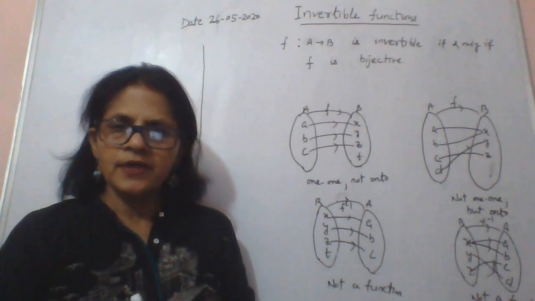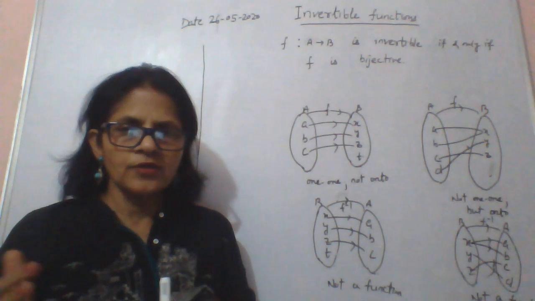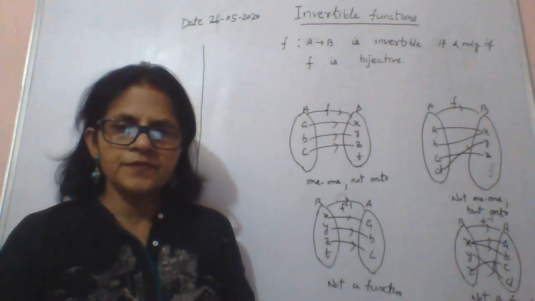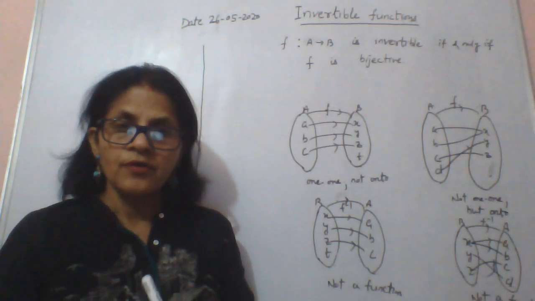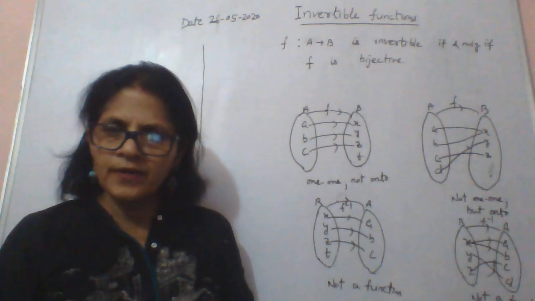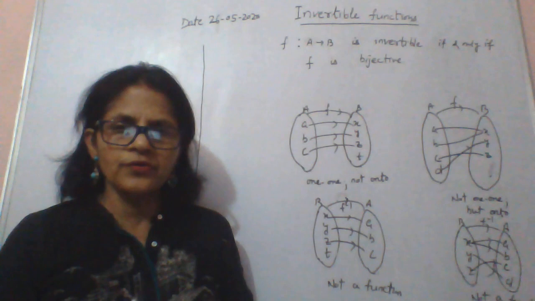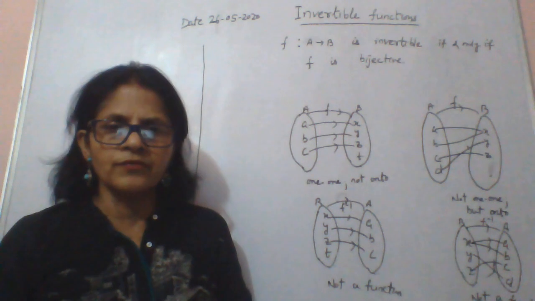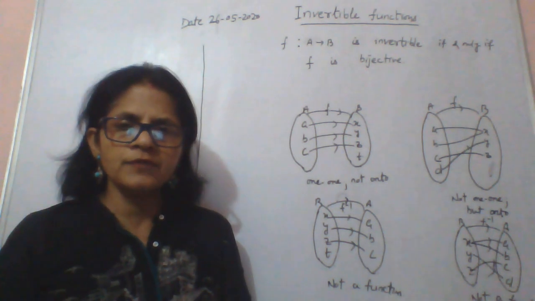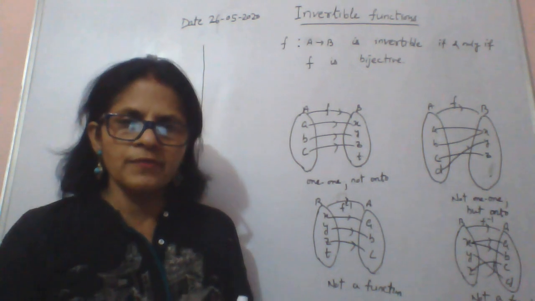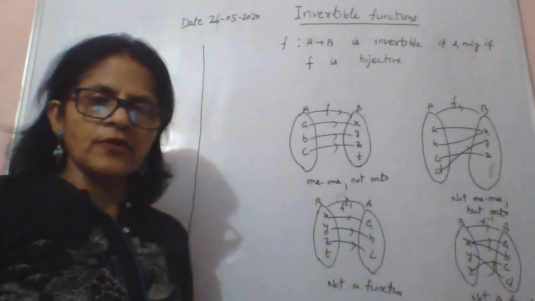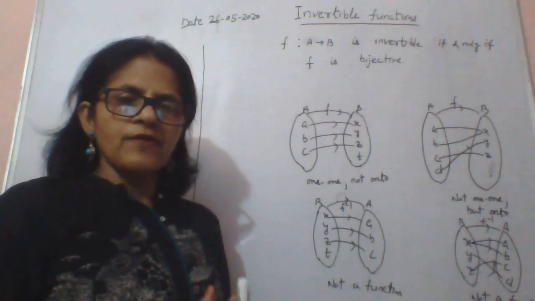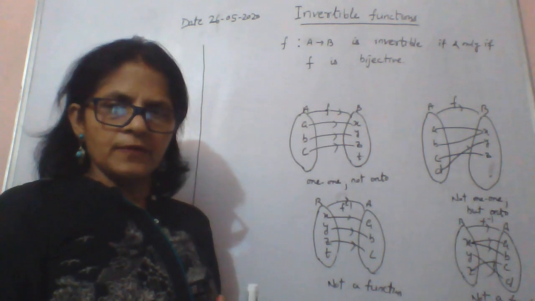We have done relations and functions. The relation whole thing we have done, and in function we already have done types of functions, in which we have taken the conditions for a function to be 1-1, the conditions for a function to be onto, and when the function is 1-1 and onto, it means the function is bijective. So bijective function means the function is both 1-1 and onto, and we also studied in a previous session that if the function is bijective, then it is invertible.